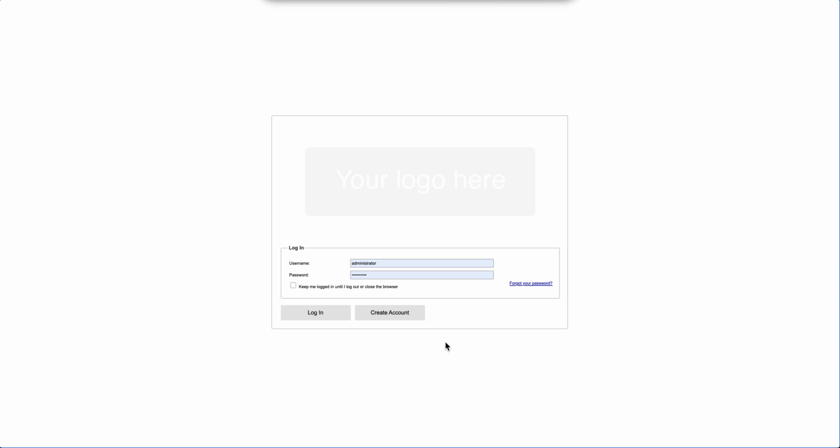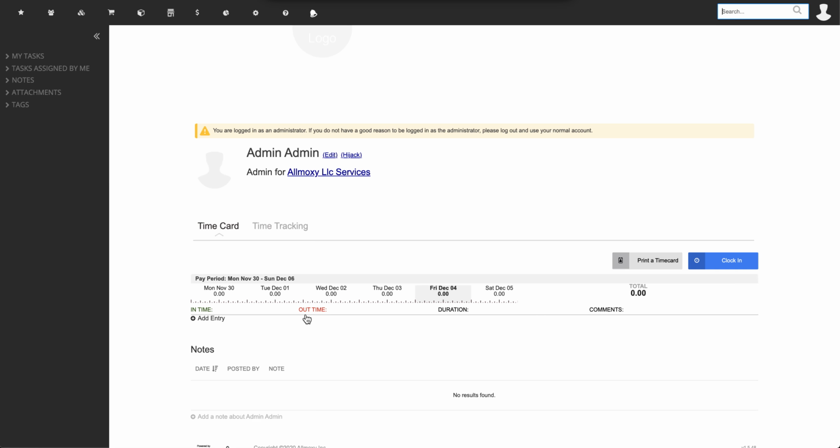So if you're looking to add companies inside of your system, it's very rare that a company would create more than one account for their company from the same computer. Very not normal. And so what you would do if you're wanting to add the companies, you would log in